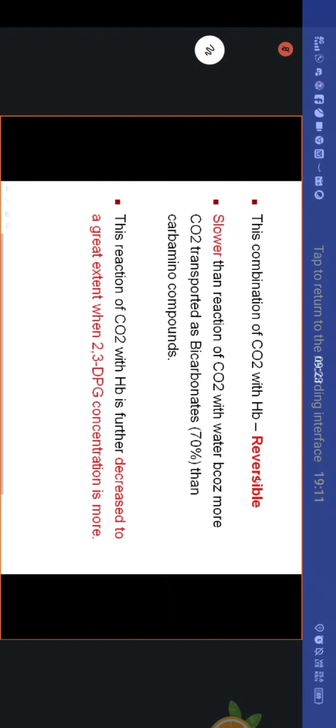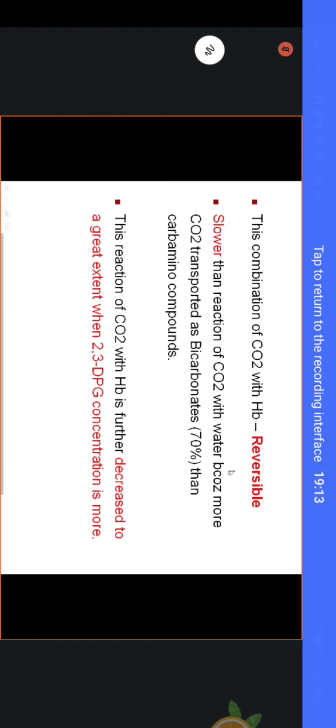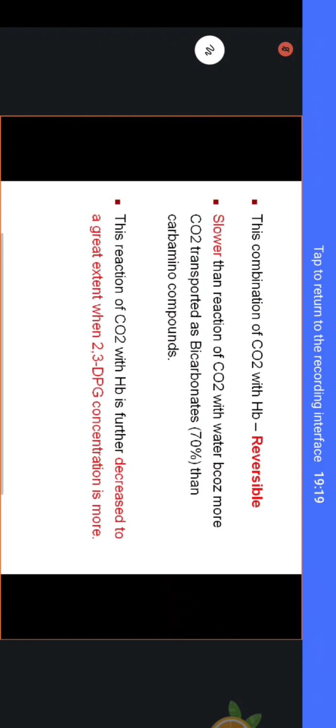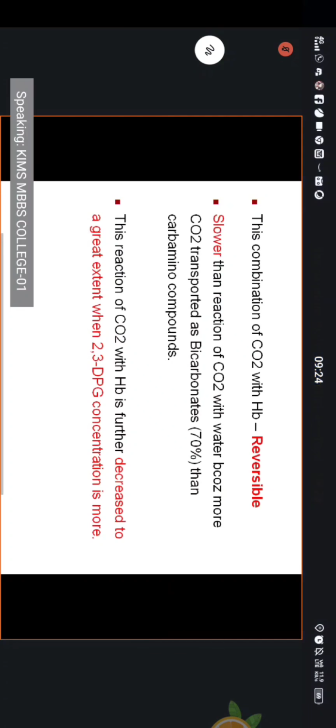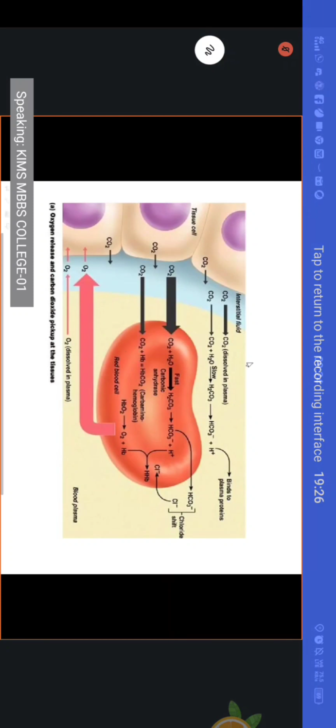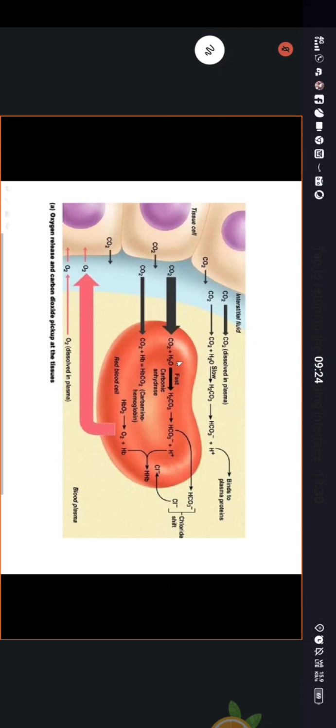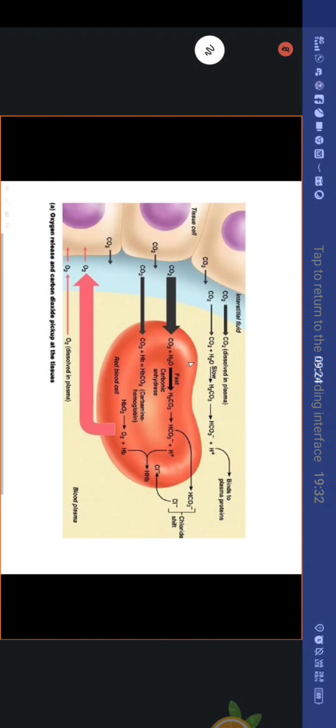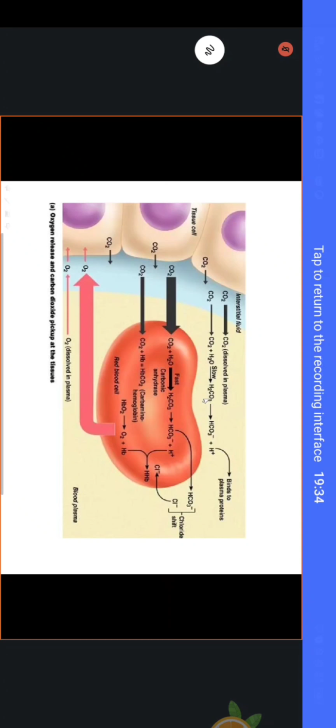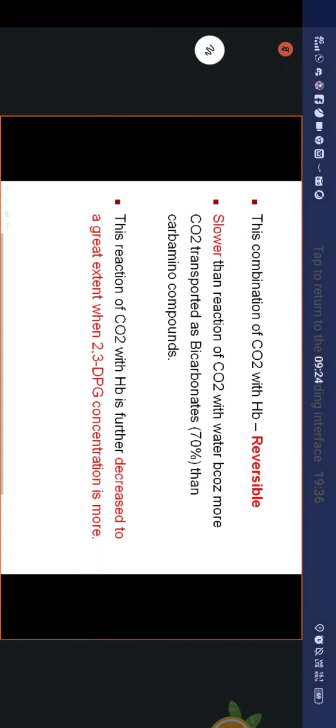Actually, this phenomenon is usually reversible. That will benefit us because it should be reversible. Otherwise, it cannot liberate carbon dioxide on reaching the lungs. And 70% of the transport is by bicarbonate form, so that reaction should be faster compared to all these three. Similarly, this carbamino mechanism is slower in process. Also, it can be modified by